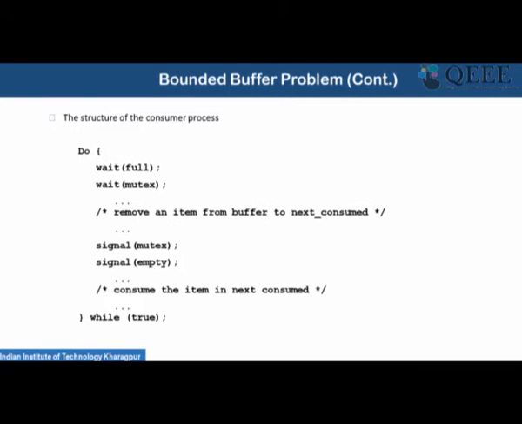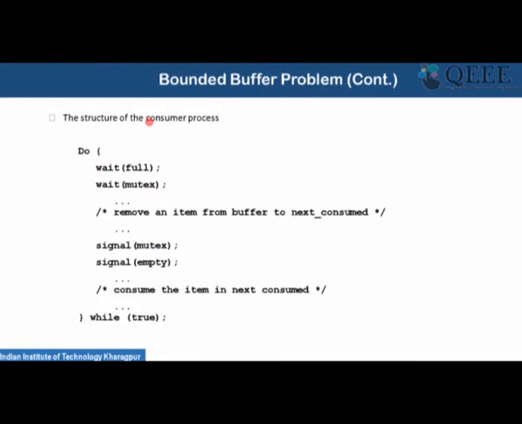The consumer process is the reverse process. The mutually exclusive part is the same: the critical section is again protected by the wait and signal functions of the mutex semaphore, so that at a time only one of the producers or consumers can enter the critical section and access the counter variable.